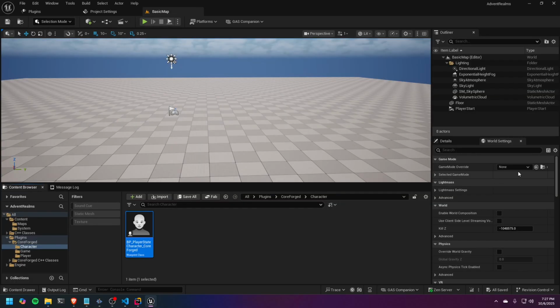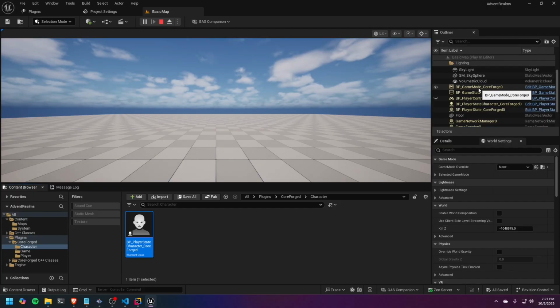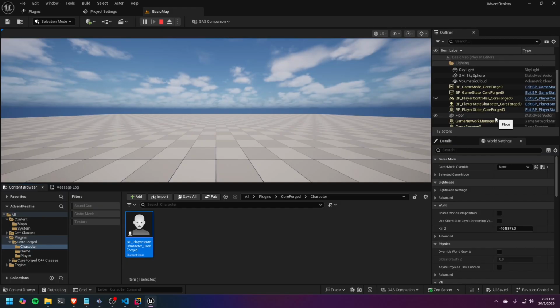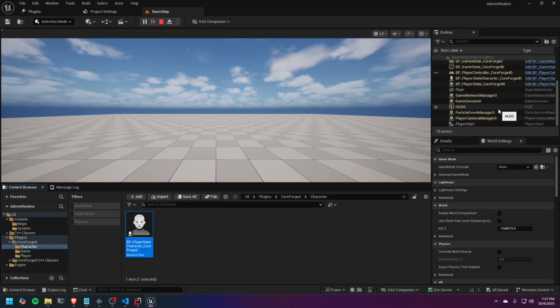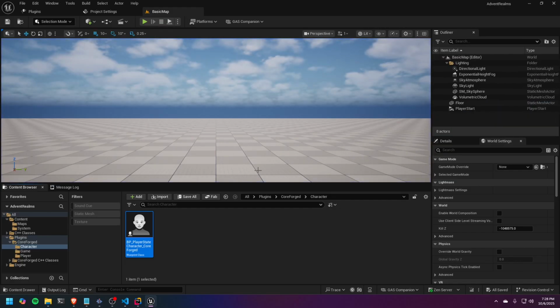Basic map. And if we hit play for now, you can see we have our game mode, our game state, our player controller, the player character, the player state, and all of that other good stuff. So we'll stop that. First things first, we are going to go to Rider,